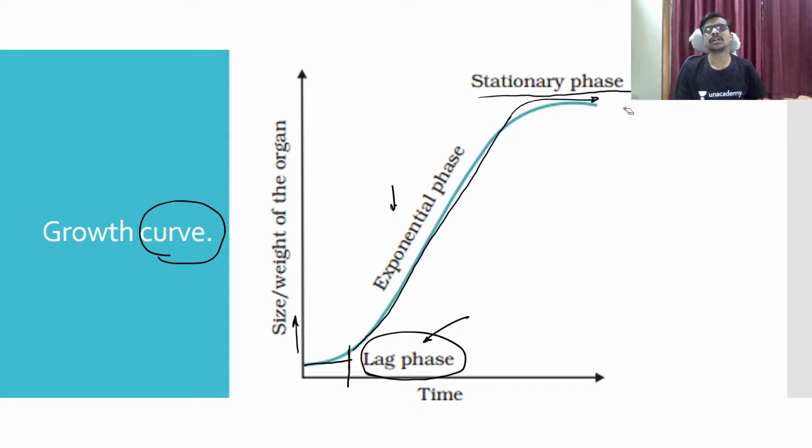In the stationary phase, the growth or division of cells stops, and the making of toxic material is also there, which results in the stopping of growth. If this material increases further, it results in the death phase. So this is the death phase, where the cells are dying because of the making and accumulation of toxic or waste material. If we are talking about